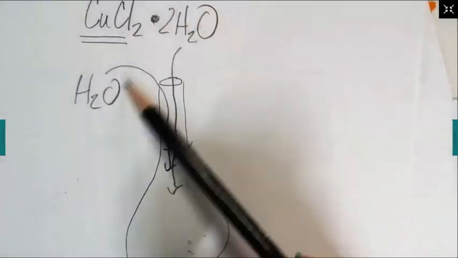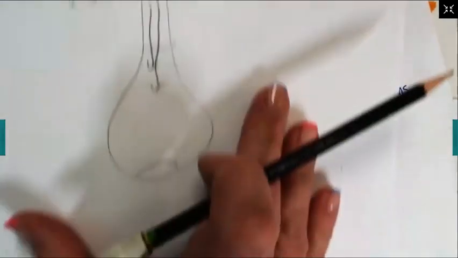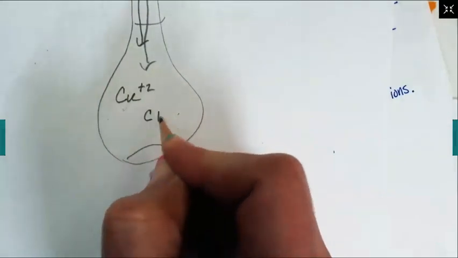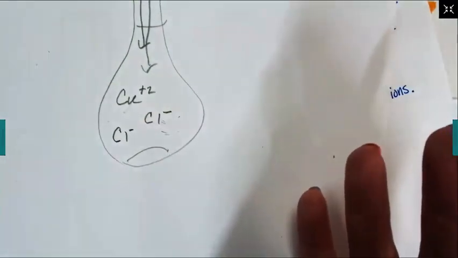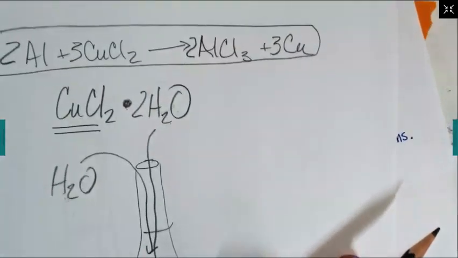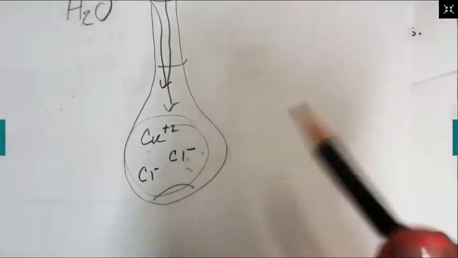So those water molecules get mixed with these gazillion water molecules. So what's actually associated in here is your copper and your chloride ions, right? The rest is water. Right? This is really what's involved in the reaction, and that's what's represented right here. And you're just gonna then add also aluminum.